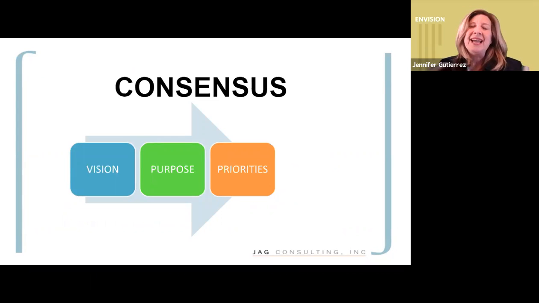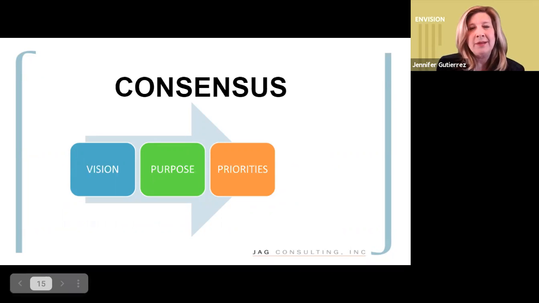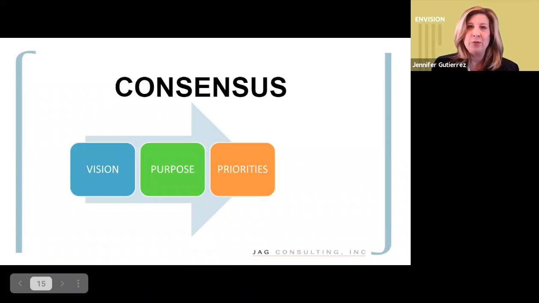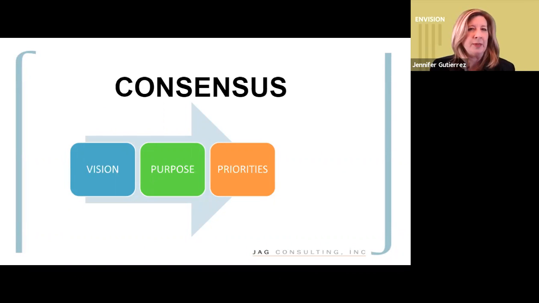So again, talking about vision, our process builds consensus. It really builds that single line to where you want to be with the church. Now, consensus doesn't always mean that everybody agrees on everything. What it does mean is that everybody agrees on that direction. They agree on that vision.